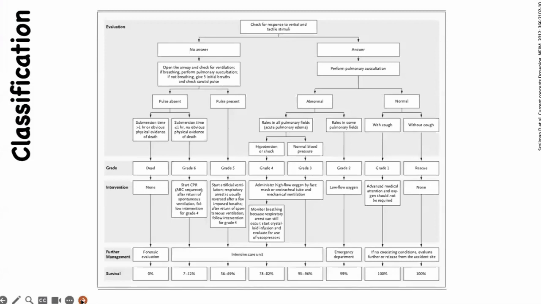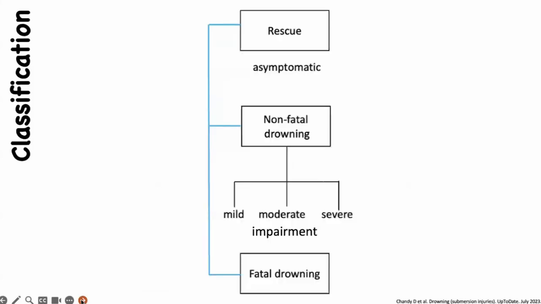Okay, so there's a classification for drowning, and this was proposed in 2012 in the NEJM article by a group of researchers. Looks fairly complicated, but you'll see on the far right-hand side, there is the rescue. On the far left-hand side is the death, and in between there's grades 1 to 6. Essentially, the grading just looks at respiratory and cardiovascular symptoms. And it has been simplified even more since that classification.